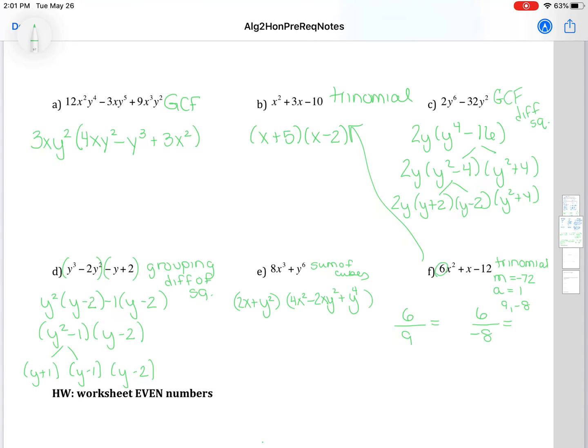So we set up 2 fractions, and you could have done this with B as well. 6 is your numerator, 9 and negative 8 are your denominators, and you simplify. 6 over 9 is 2/3. 6 over negative 8 gets you 3 over negative 4. Always keep that negative in the bottom. The top goes with the variable, and then you have your parentheses. Here's 1, 2x plus 3, and 3x minus